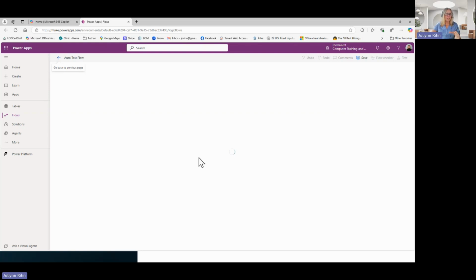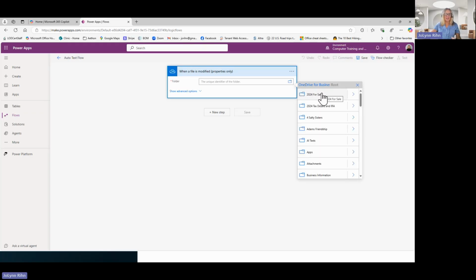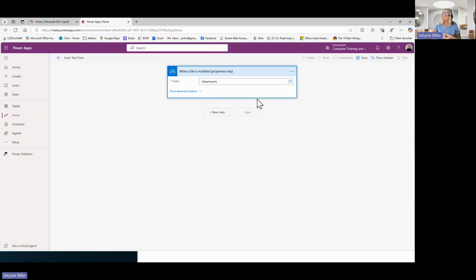And I gave you several examples in your handout to get your thought process going as well. But what's going to happen is first you have to build this from scratch, saying, first off, what is the identity of the folder? If you click on the folder icon, you're going to be navigating to your root drive of your OneDrive for Business. So I can click on the arrow on the right, and then I'm going to navigate to the specific folder that I want it to be based on.